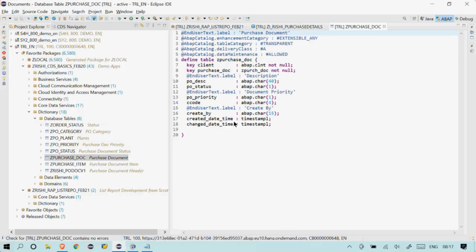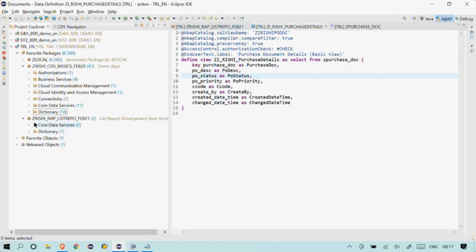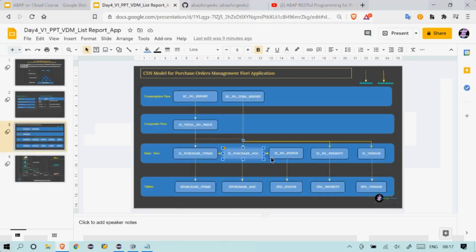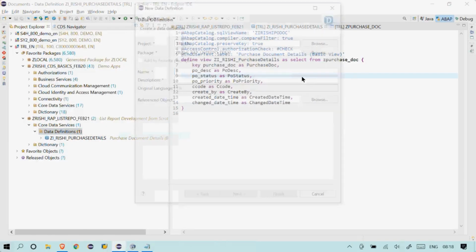So if I click on F3, just see all the technical information. Just to give meaningful information here, you can come here and do it. So the first thing we need to do is this CDS view. Let me create the item view as well, so that while we are joining, it will already be available. So let's create all the tables independently first, and then we'll create an association. So let me create the other one.